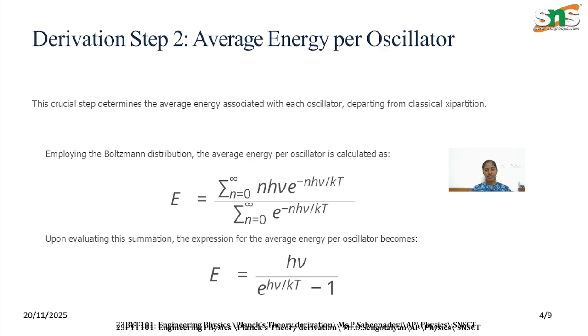The conclusion is that Planck's quantum theory marked a turning point in physics. It shows that energy is quantized, not continuous, and solved the long-standing black body radiation problem. It led to the birth of modern physics. So the main result of black body radiation is that energy is equivalent to hν. The remaining parts will be explained in later videos.